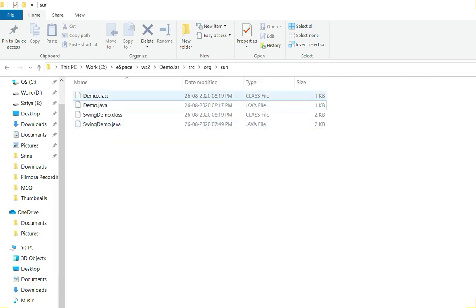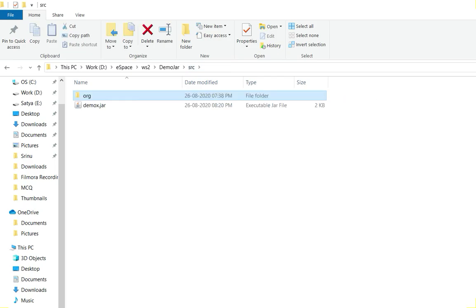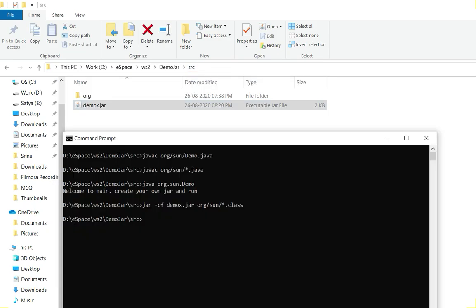Yes, in source we ran this command, so inside source we got this jar. But to create an executable jar, we need a manifest file, or meta information. That meta information is exactly the point of contact, which class is going to execute when you run the jar. We specify that using jar cfe.